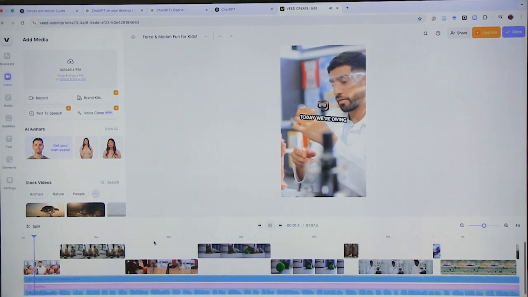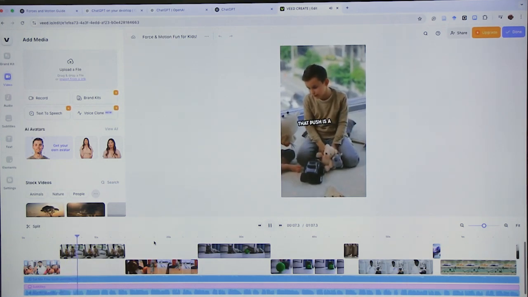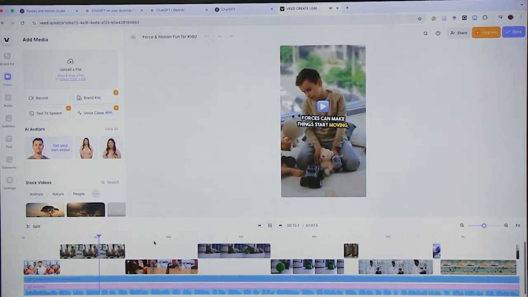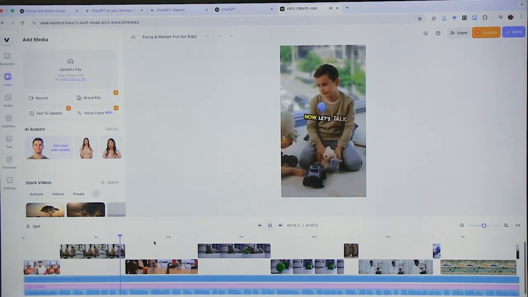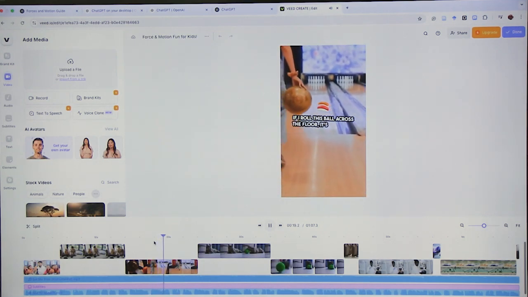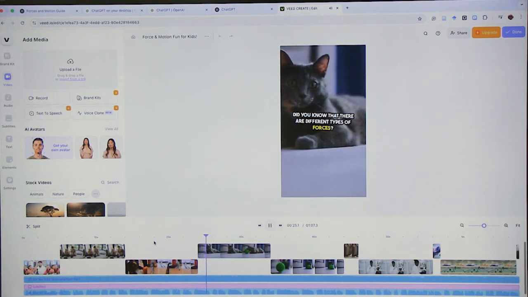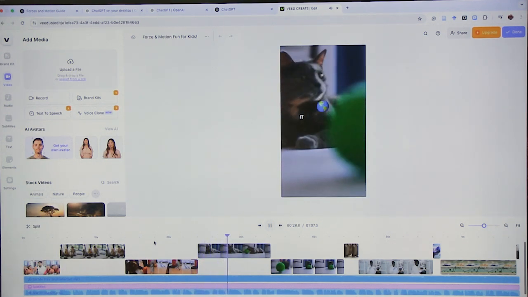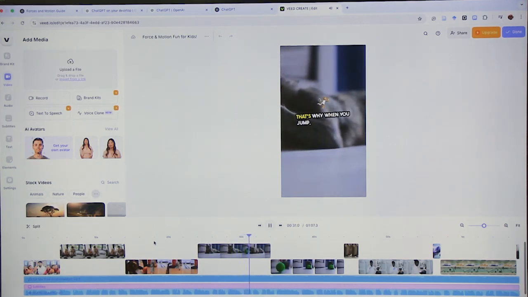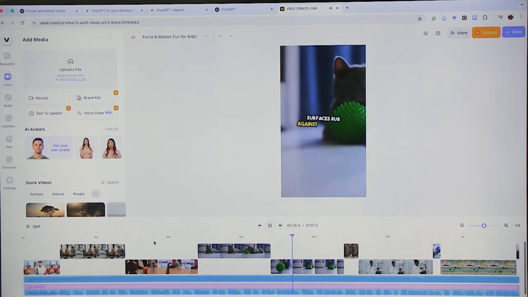Okay. Today, we're diving into the exciting world of force and motion. Imagine you're pushing a toy car. That push is a force. Forces can make things start moving, stop moving, or change direction. Now let's talk about motion. Motion is when something changes its position. If I roll this ball across the floor, it's in motion. The faster I push it, the more force I'm using. Did you know that there are different types of forces? Gravity is one of the biggest. It pulls everything toward the earth. That's why when you jump, you come back down. Friction is another force. It's what happens when two surfaces rub against each other. Think about sliding down a slide. If it's smooth, you go fast, but if it's rough, you slow down.